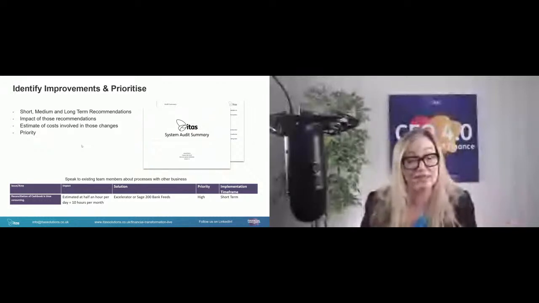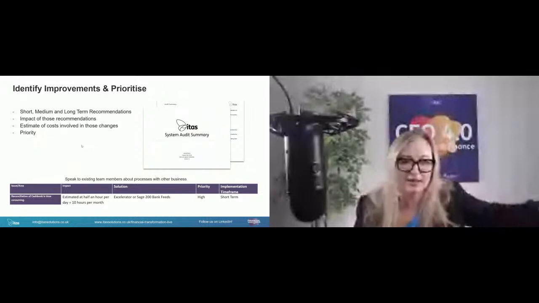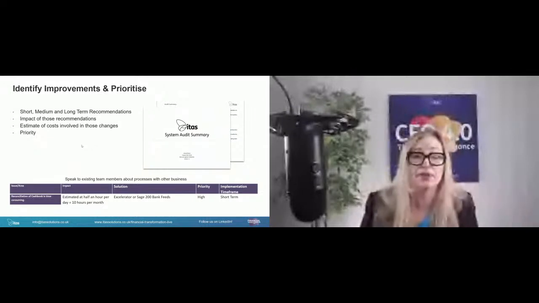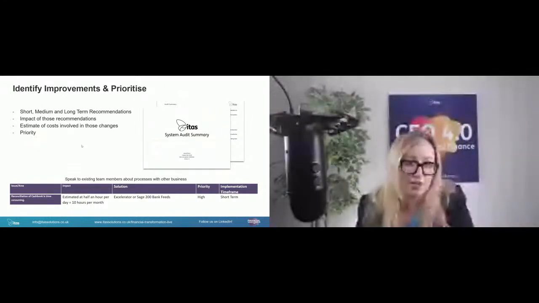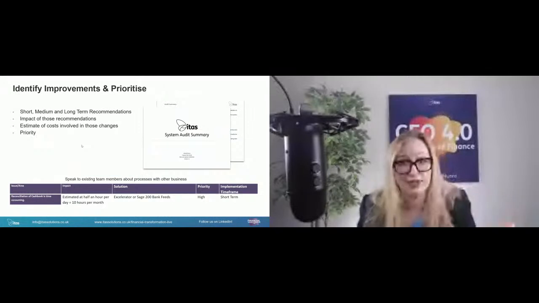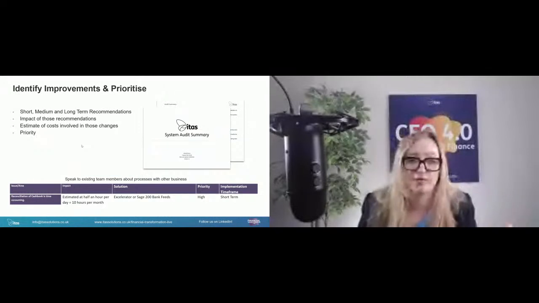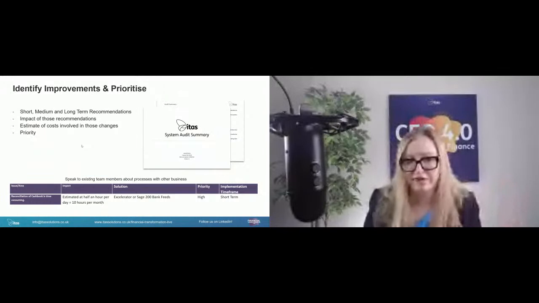And if you've already implemented them, because sometimes I do that. I'll go out and do an audit, and as we're going through, they'll tell me something and I'll just go, yeah, just fix that, here it is. But record it, because you've already started to solve the problems. And also, if there's more than one user in particular, then it's a great opportunity to make sure everybody is using the system in the same way and everyone is aware of the solution. You've already got value from your audit day once you've got a consultant in to do it.